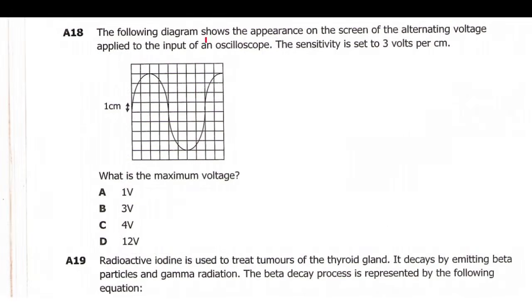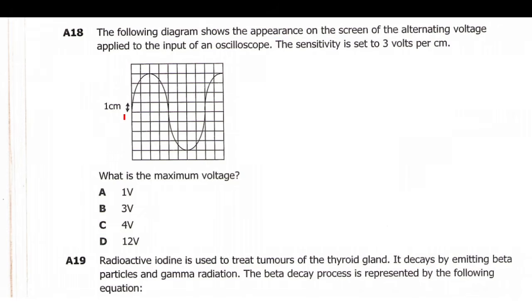18 reads, the following diagram shows the appearance on the screen of the alternating voltage applied to the input of an oscilloscope. The sensitivity is set to 3 volts per centimeter. What is the maximum voltage? So they are saying the following diagram shows the appearance on the screen of the alternating voltage applied to the input of an oscilloscope. The sensitivity is set to 3 volts per